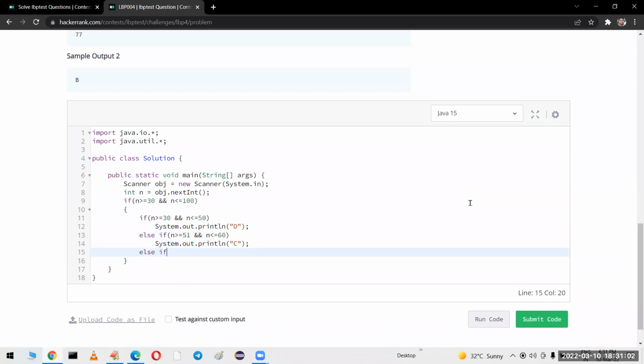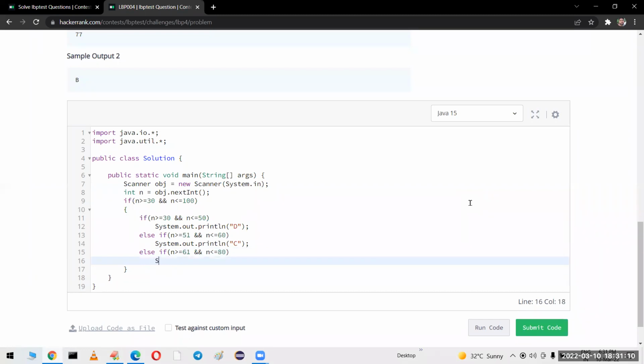Else if n is greater than or equal to 61 and less than or equal to 80,